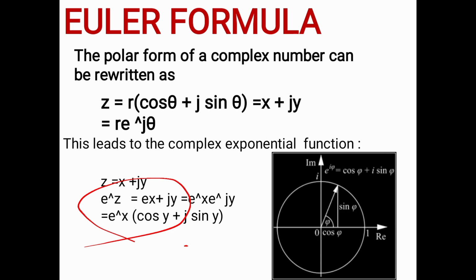Now, e to the power x is the real part being separated. E to the power jy equals cos y plus j sin y. Already we have talked about this: e to the power j theta equals cos theta plus j sin theta. Here, instead of theta it is given y, cos y plus i sin y. So this type of multiplication is applied in mathematics, but I think in your case this type of formula is not there.